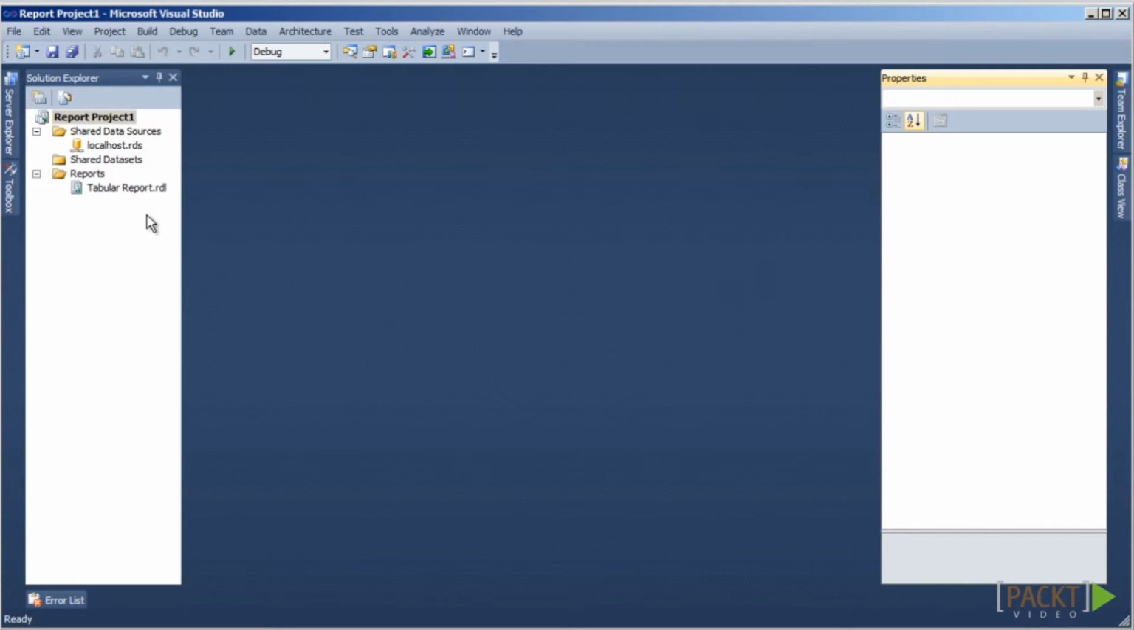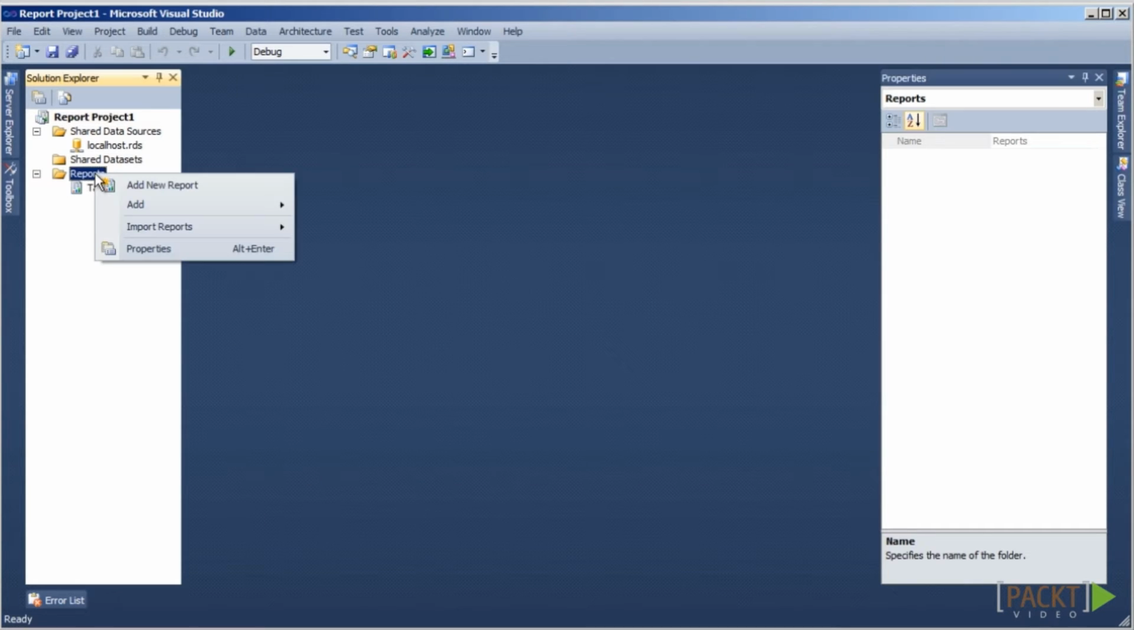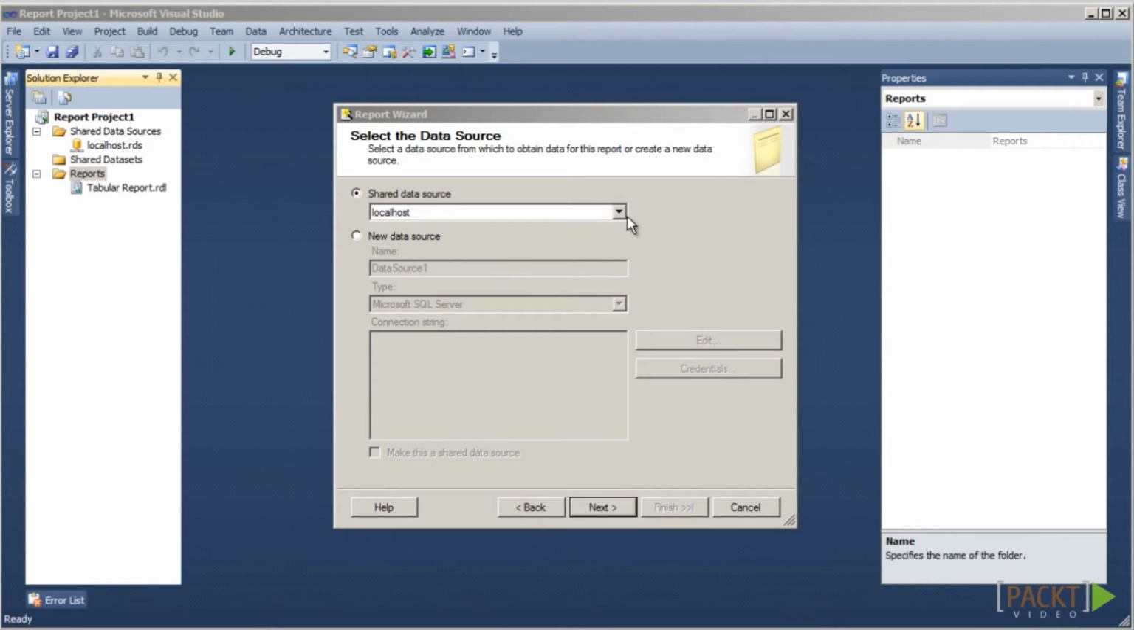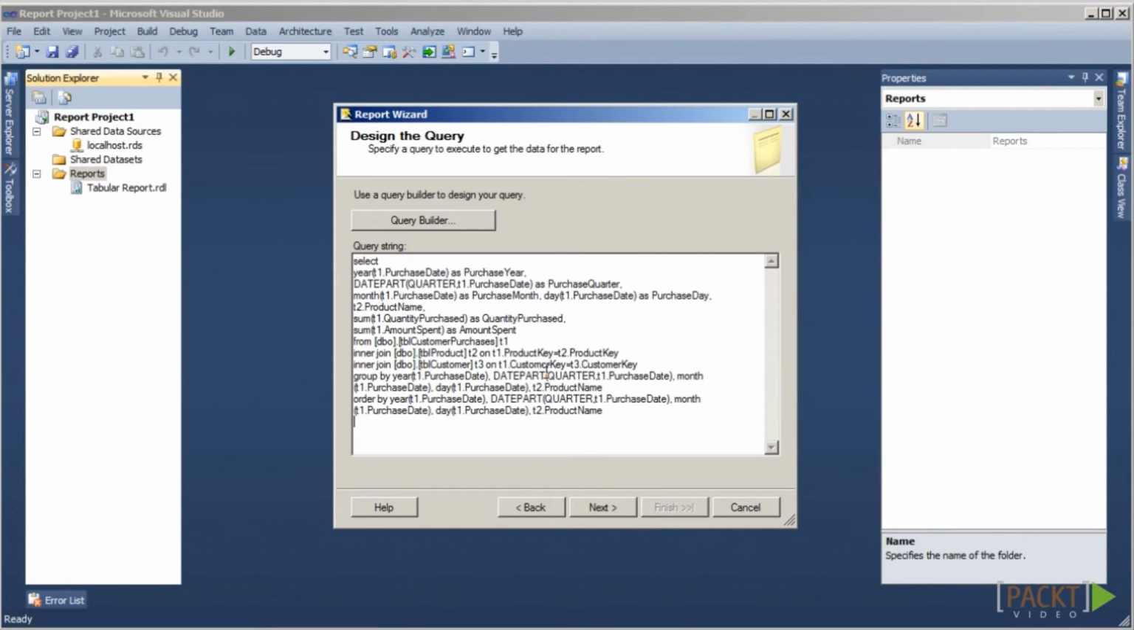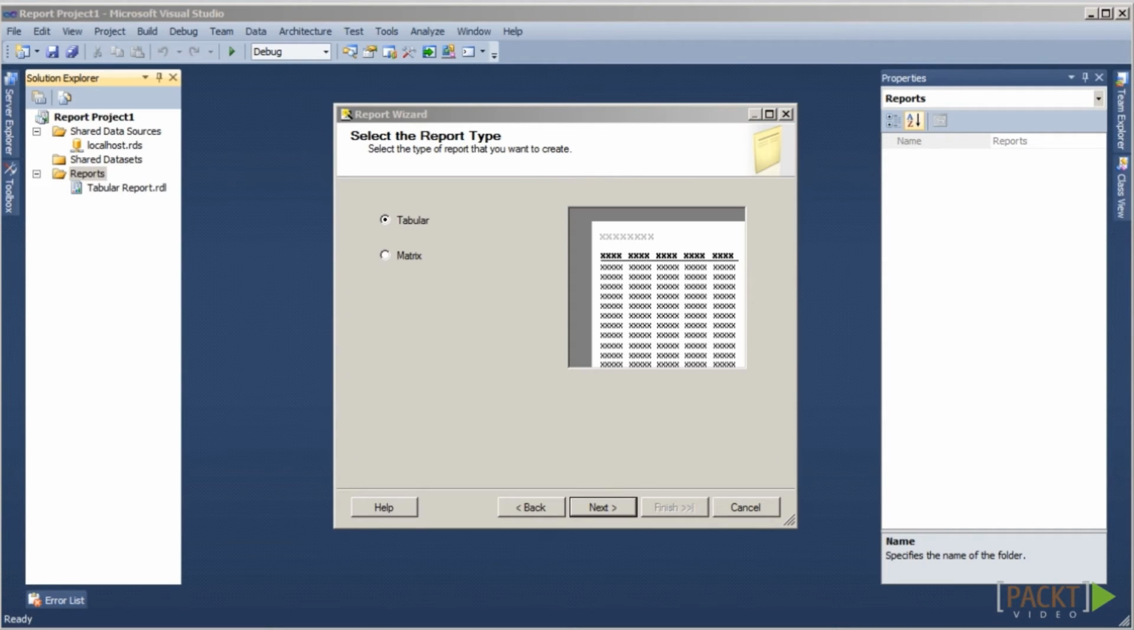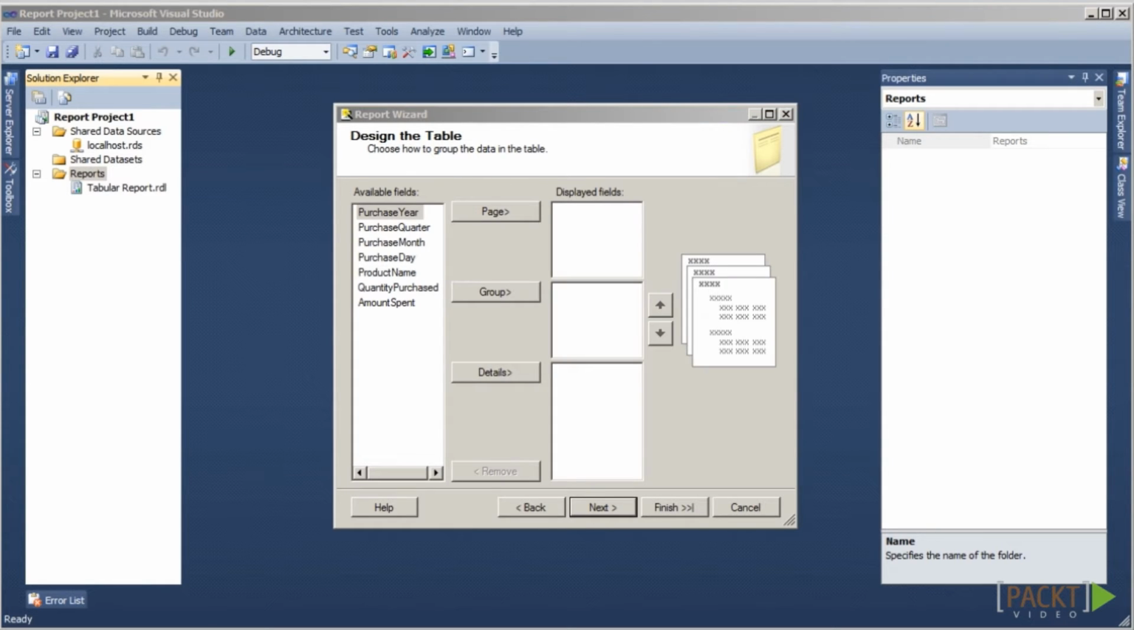Go to the Solution Explorer and right-click on Reports and choose Add New Report. We will choose our shared data source we created in Section 1 and then click Next. Now we will paste our date hierarchy query from the previous video and click on Next. Select the default report type of tabular. Now click Next. On the Design the Table page, we will put nothing in the Displayed Fields box for the